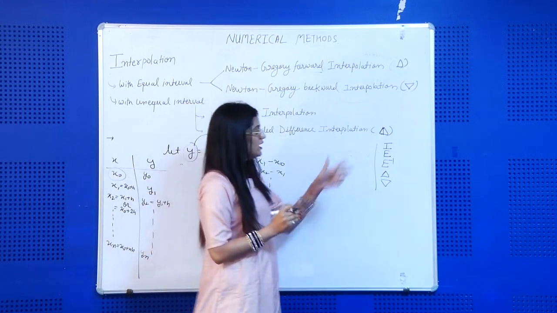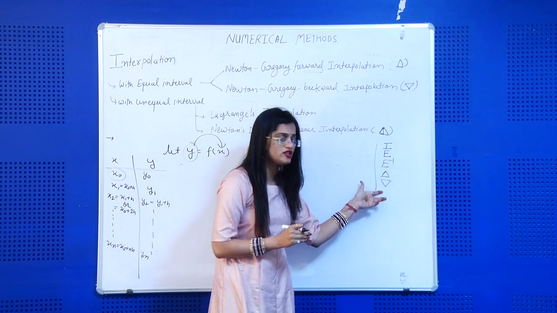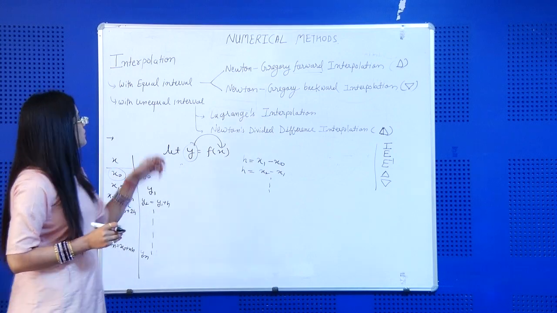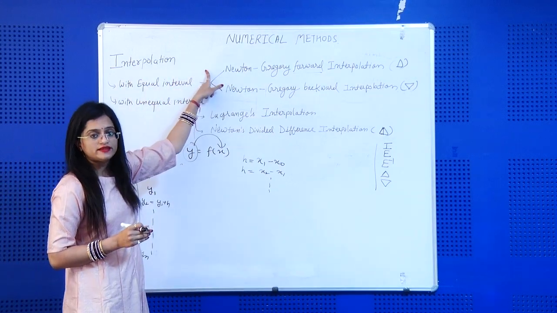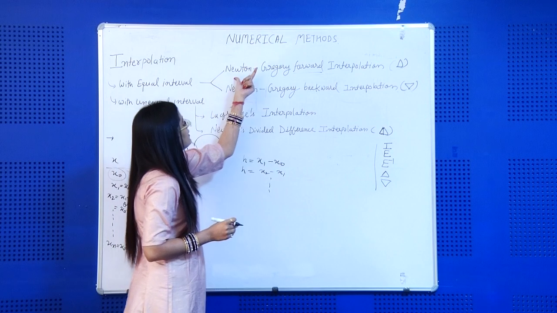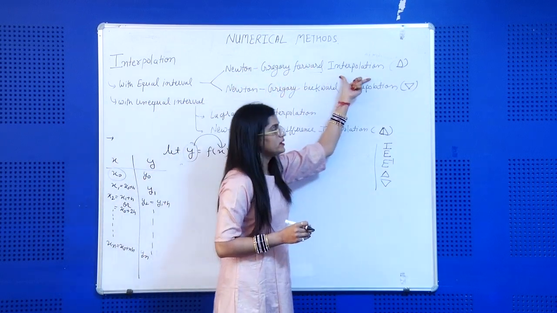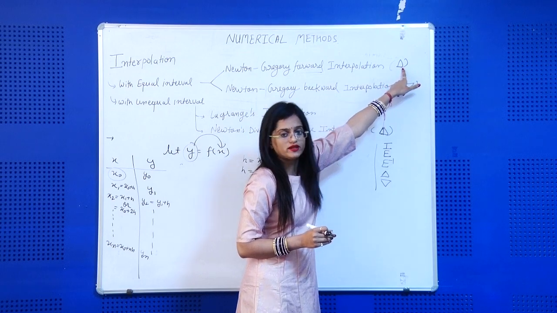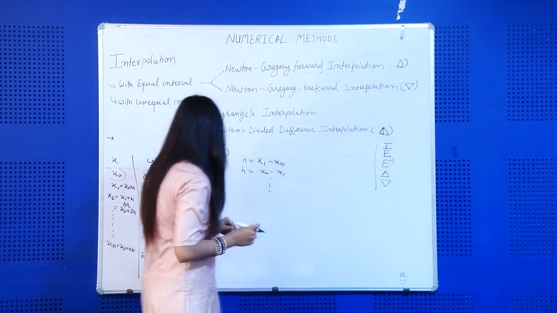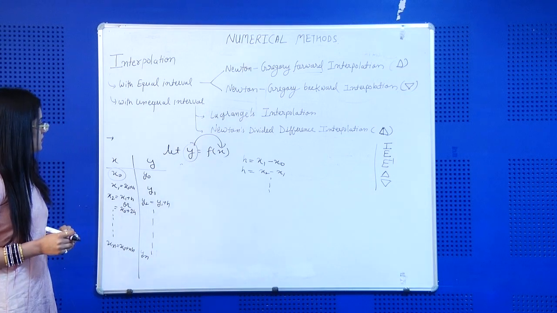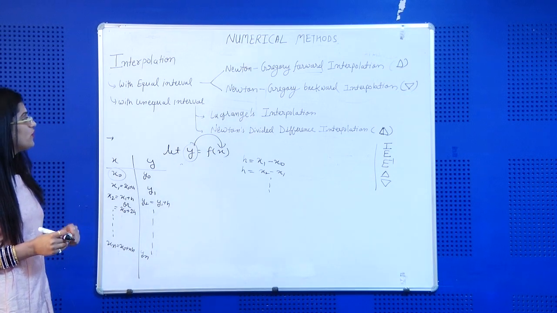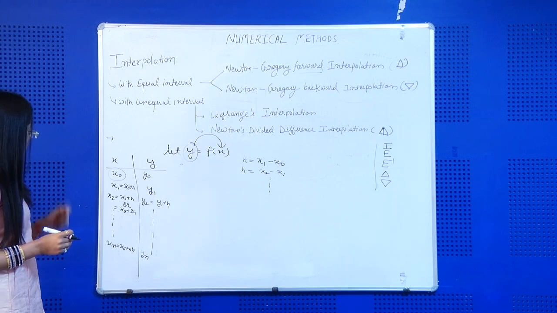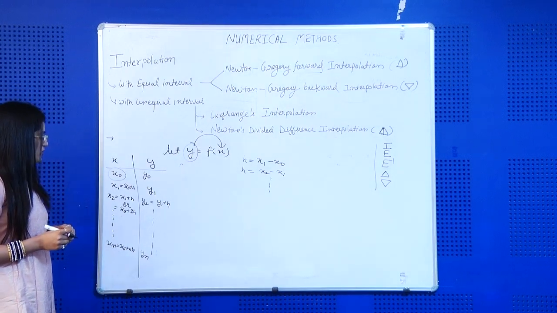With the help of these operator definitions, now I will introduce you to the interpolation technique. Newton forward interpolation is based on the forward difference operator. Before we start, I just wanted to explain